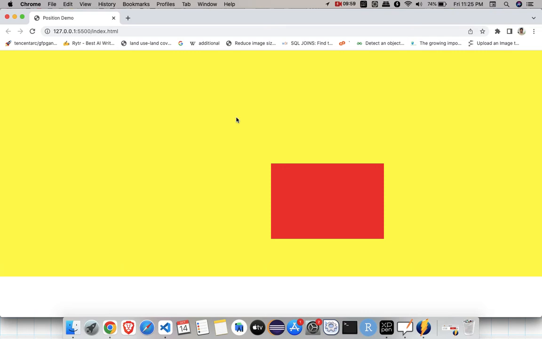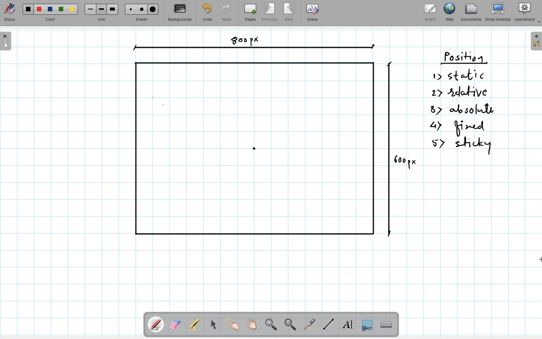So let us understand this with the help of some diagram. Now look at this card which we have drawn. 800 pixels is the width of my box, and 600 pixels is the height of my box. We know that static is the default behavior, relative is a parental behavior, and absolute is a children's behavior. This is my center point. We want a 50% distance from the left, so this is my 50% of the distance,